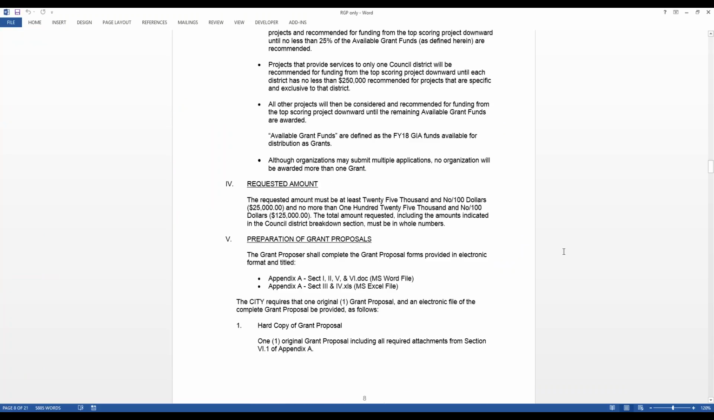Okay, so here it is, Section 5, Preparation of Grant Proposal. First and foremost, you should have downloaded these two documents from the purchasing website that you need to fill out. This is your grant application in Word document. It's a fillable form, and also your budget and schedule in Excel file. So these two documents need to be filled out, original hard copies, inserted into the hardcover of your